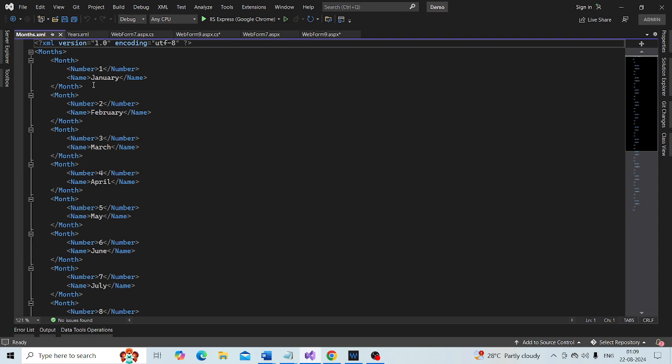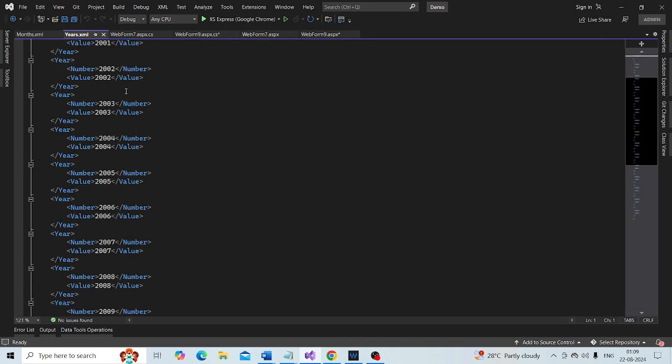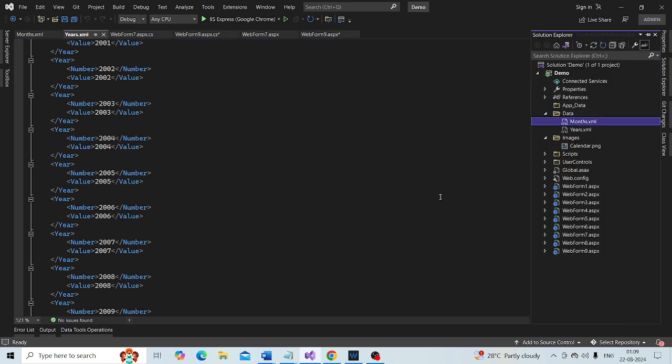Obviously, what I want to do is read this years XML data from the XML file, and display that within the web form.